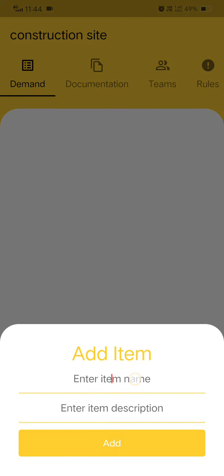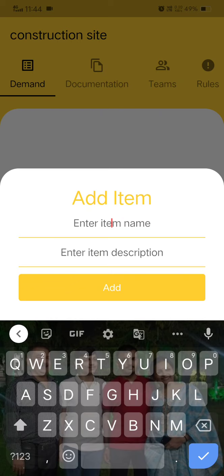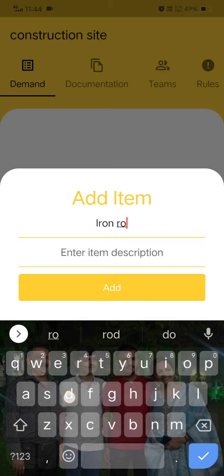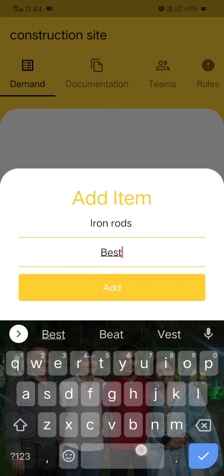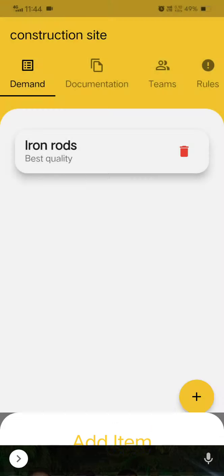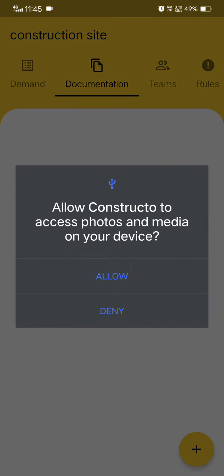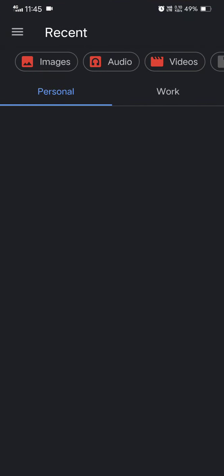For the demand section, I wish to have some iron rods, best quality iron rods. So I will add my demand here. I can add pictures here. Let me add something.